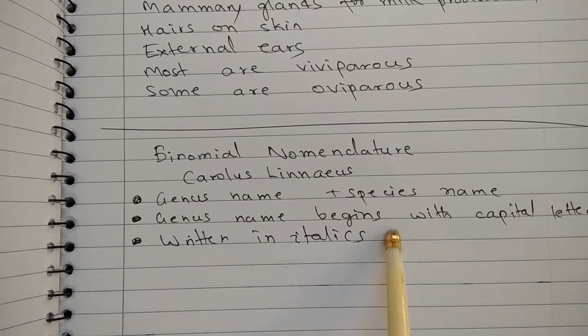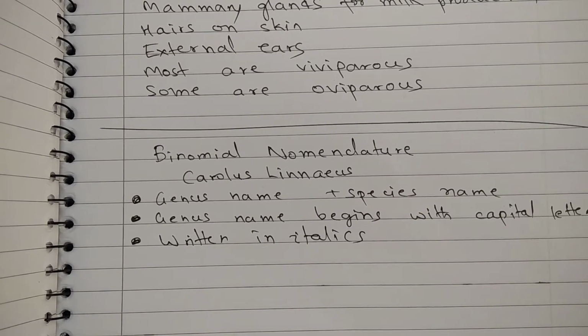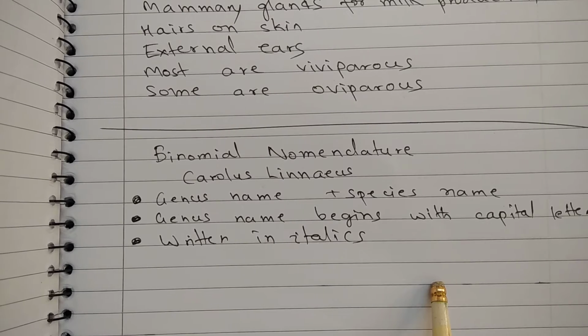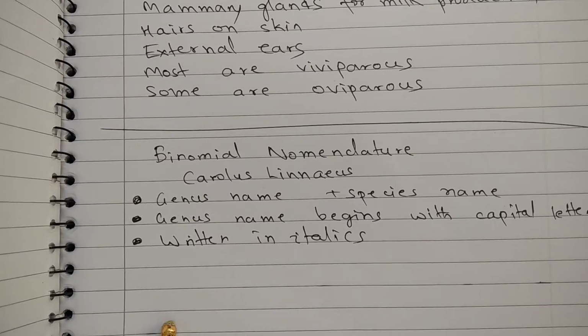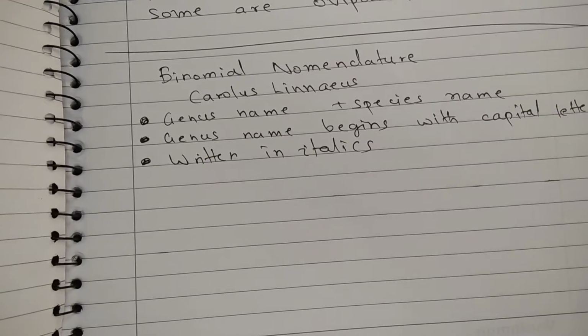The genus name begins with a capital letter and species name begins with a small letter. Both are written in italics. If they are handwritten, then you have to underline both of them separately to show that they are scientific name. Okay, so for example,